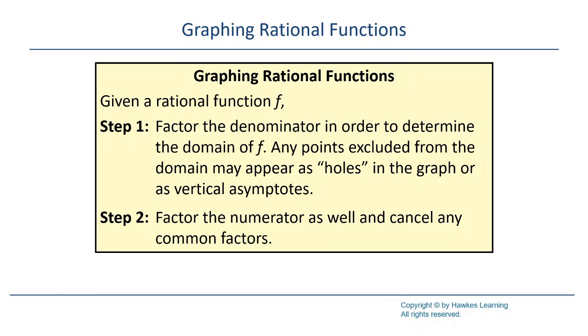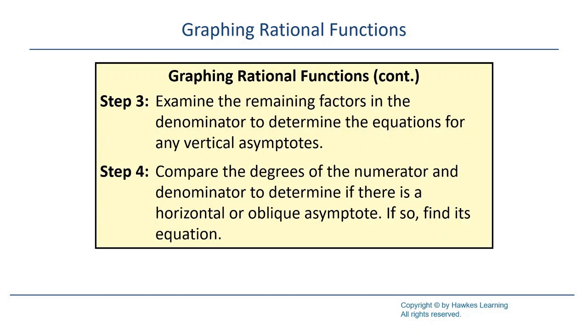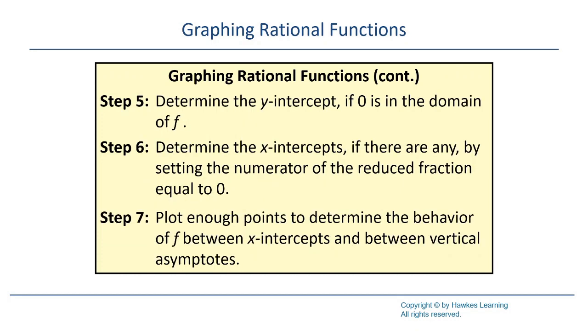Yeah, so step 2, I kind of got ahead of myself. You factor the numerator, and typically after you cancel stuff, that's when you technically identify if there are holes in the graph. Check the remaining factors to determine the vertical asymptotes. Then compare the degree of the numerator and the degree of the denominator to determine your horizontal or oblique asymptotes. And if there are any, figure them out and then plot them on the graph. Determine your y-intercept, which is just plug in 0. The key thing is if 0 is in the domain. If it's not,